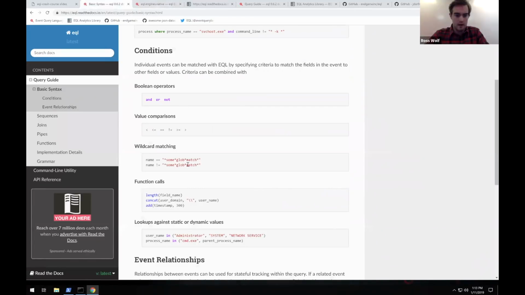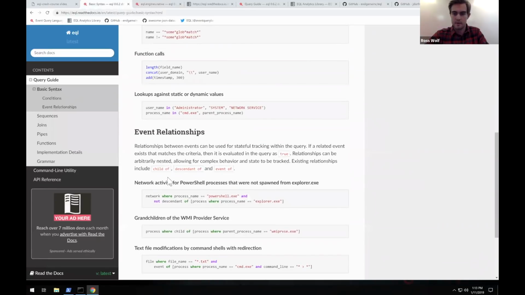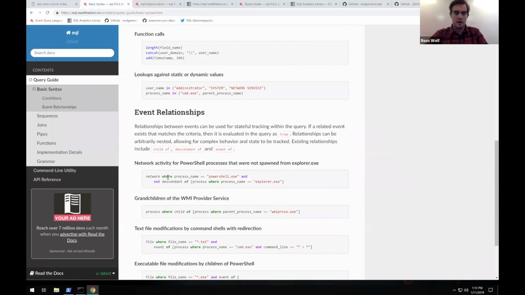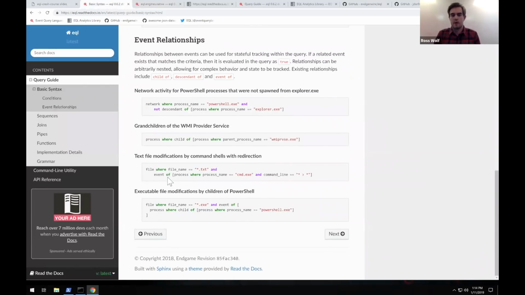Yep. And then you can also use in for some, again, syntax simplicity, checking something against a list of values or comparing things to each other. One other thing with EQL is we want to make it easy to express relationships between other things. Specifically, processes are kind of